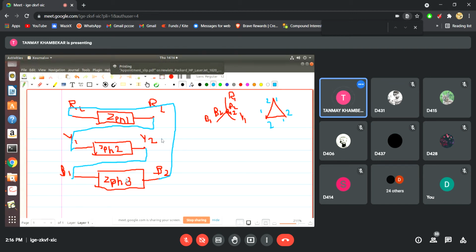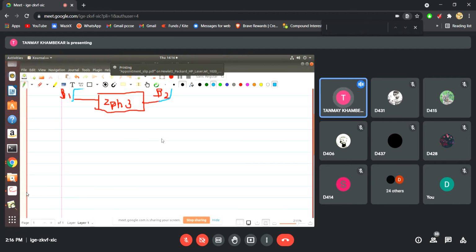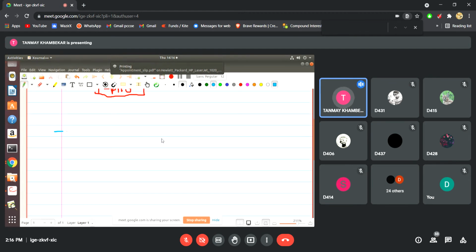Got it? Yes. So that is how you can connect a load in star and in delta. Now the same thing: there is a three-phase supply R, Y, and B. Now I show it with different colors, R, Y, and B. This is the three-phase supply that is coming, three-phase 415 volts. Here I am having a load, and that load I am connecting in star.